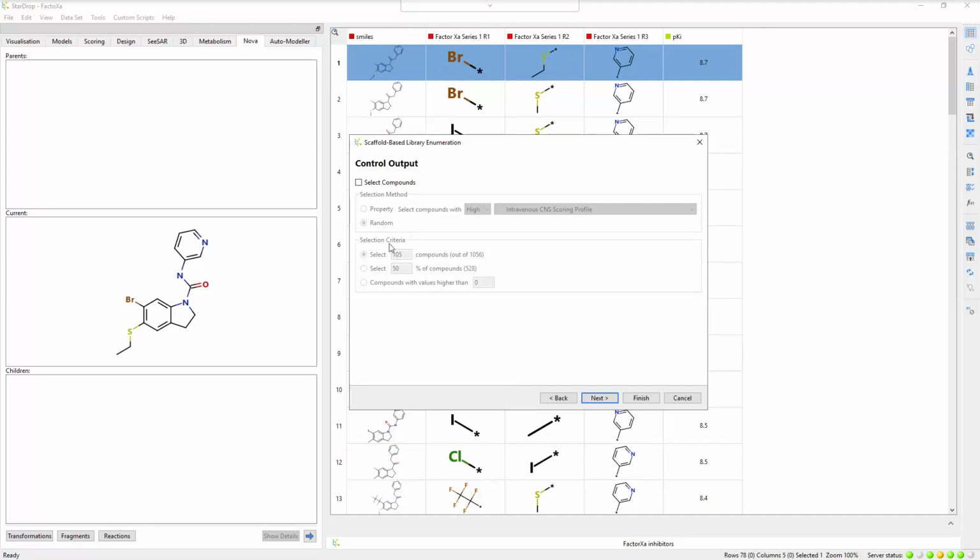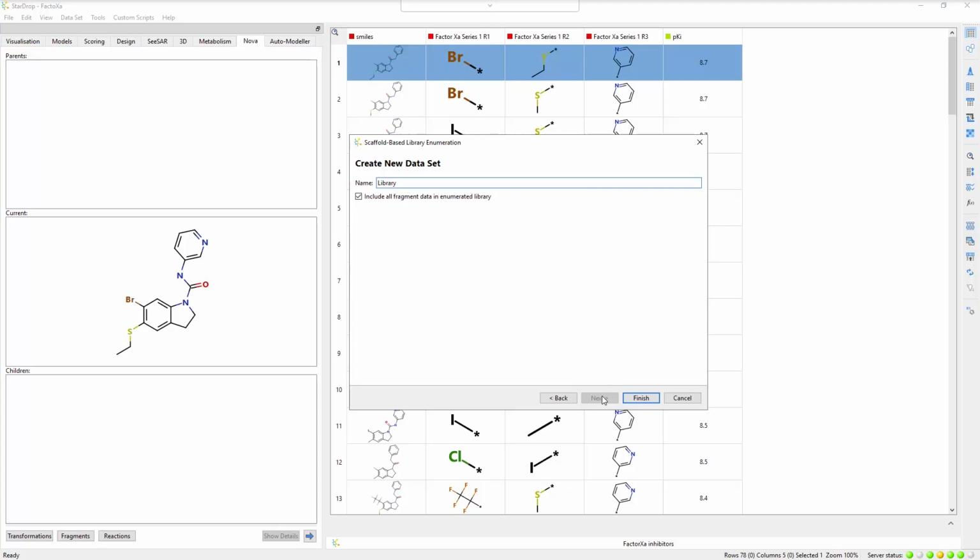Check the Select Compounds option. Choose the selection method Property and select compounds with low log P. Now choose to select the best 100 compounds and click Next. Finally, on the Enter Dataset Name page, we can give the resulting library a name